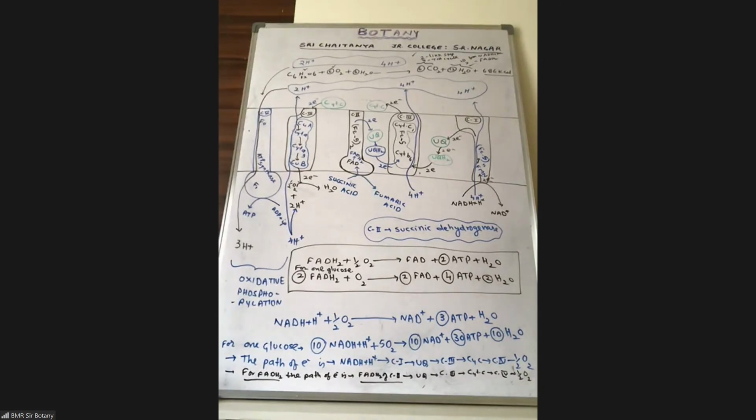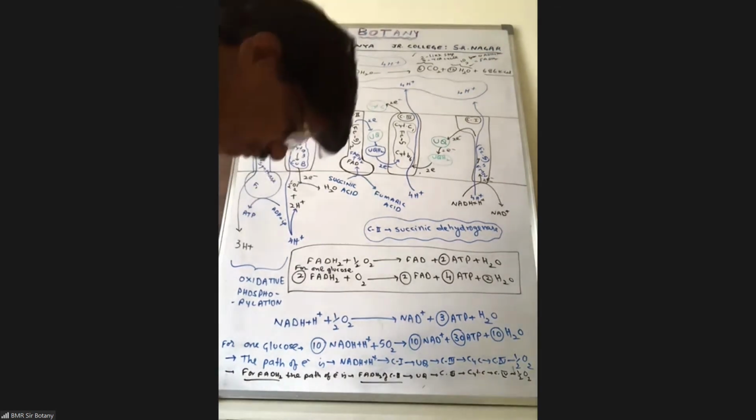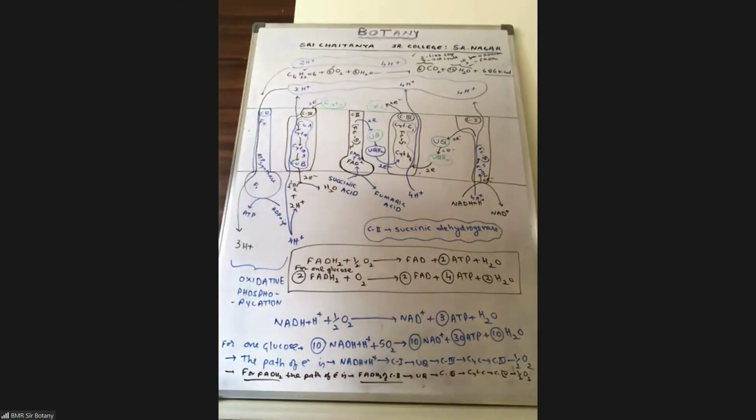First tell me, what is the substrate of the electron transport system I told you? NADH, and also FADH2. Perfect. If NADH is the substrate for the process, the product is different. And if FADH2 is the substrate, the product is different. Product in the sense of the amount of ATPs. That is the difference because of the protons accumulated, making a difference.